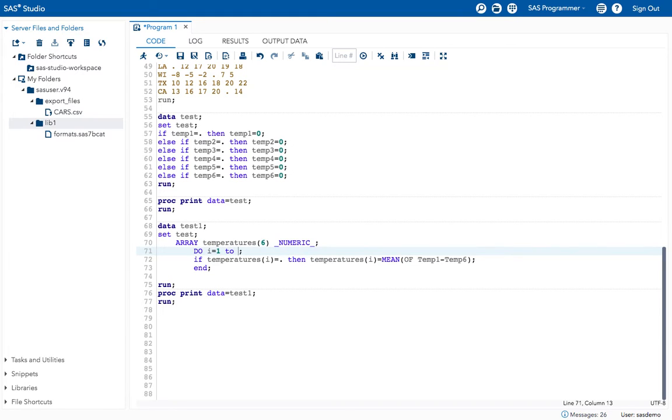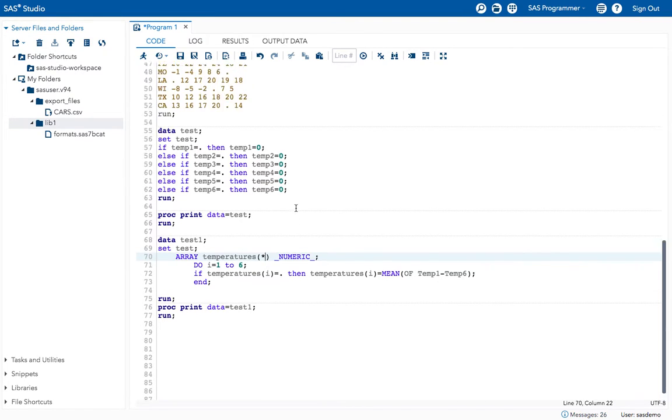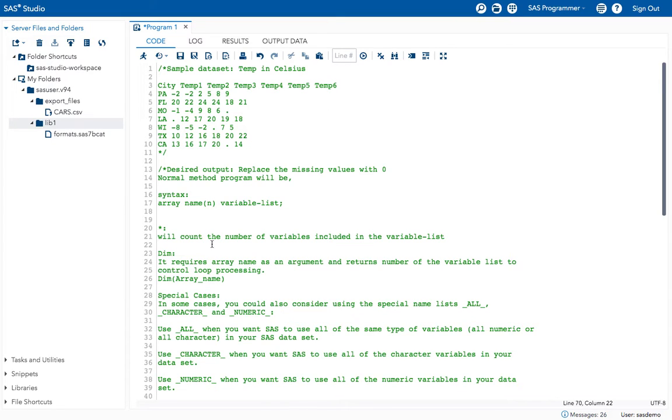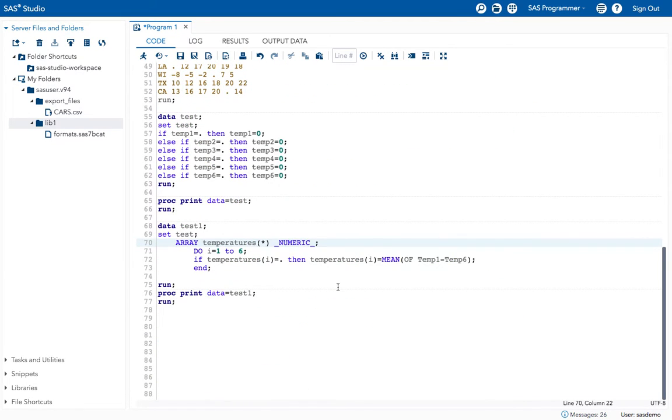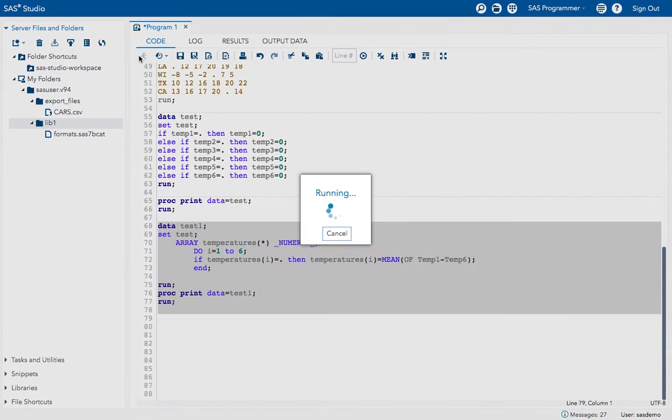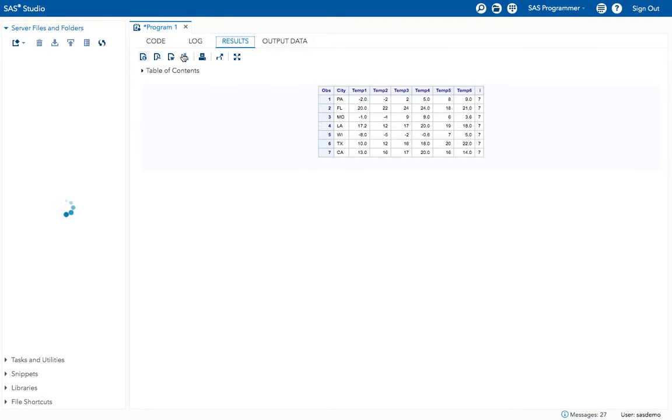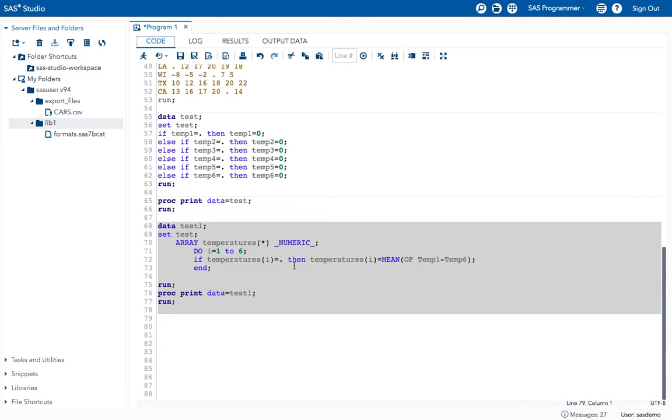Here I have mentioned how many variables are getting replaced, so instead of that you can give star. Basically it will count the number of variables included in the variable list. Now if I execute the program I will get the same result again. That means it applies on all the variables that are present in the data set.